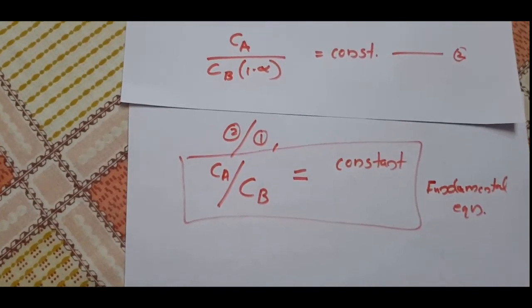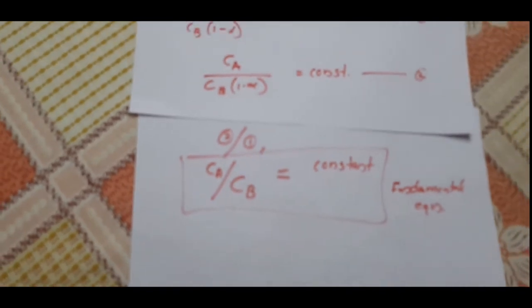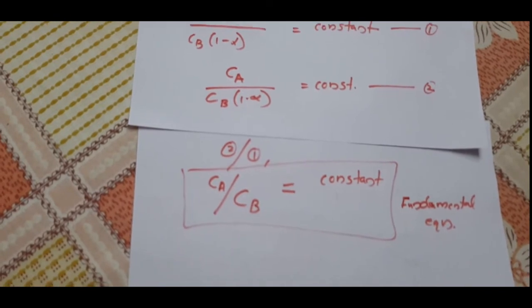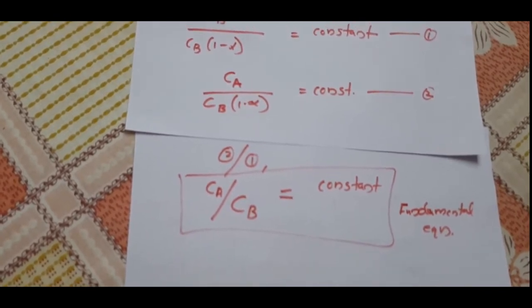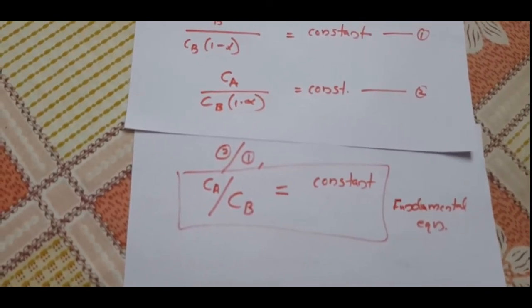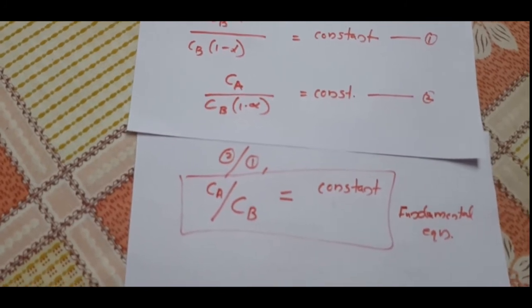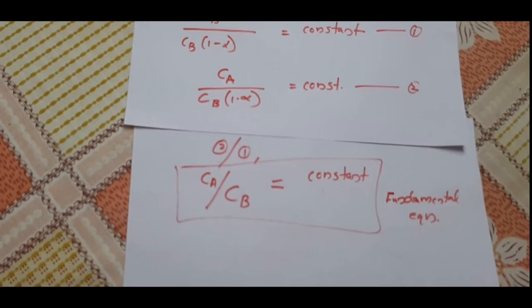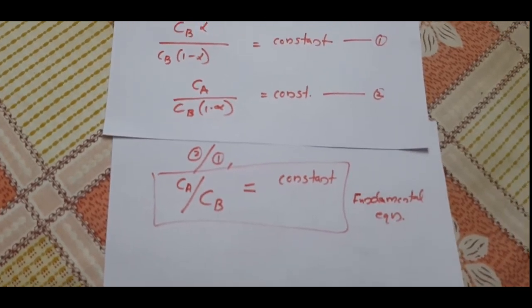That is, if a solute undergoes chemical combination with one of the solvents, it does not make any change in the fundamental equation of Nernst distribution law, except in changing the numerical value of the partition coefficient. That is the Nernst distribution